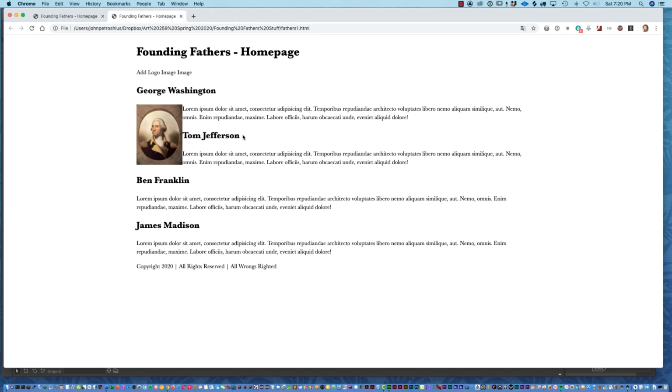Whenever you float something, there's always a problem where elements right after the floated element will try to wrap around. When we're doing column creation, that's kind of a bad thing. When we're trying to wrap text around an image, that's generally a good thing. But we don't want all the text underneath to try to wrap itself around our image. We just want certain